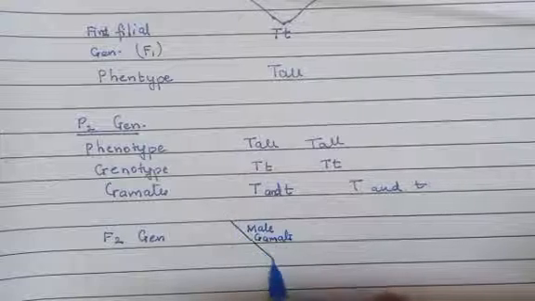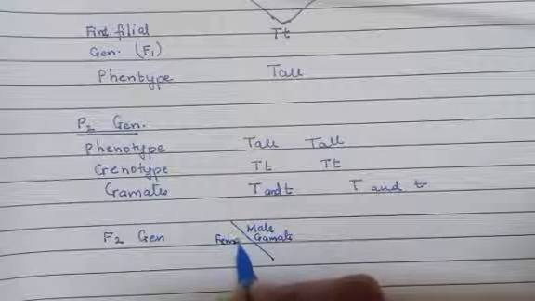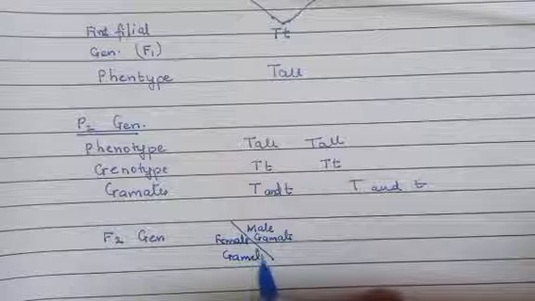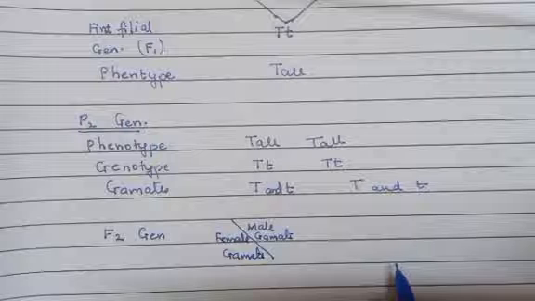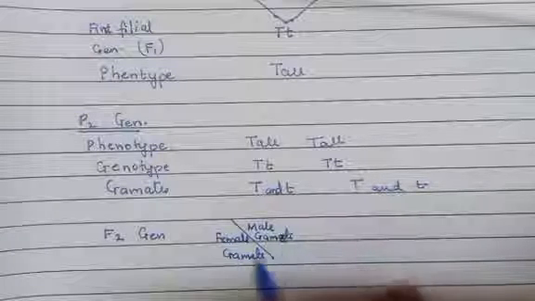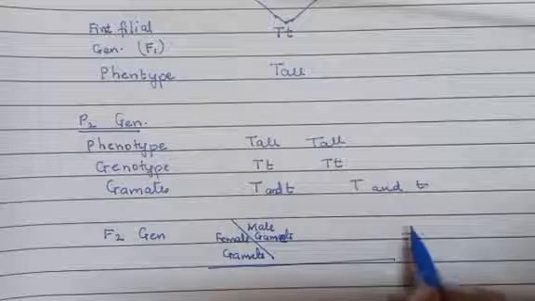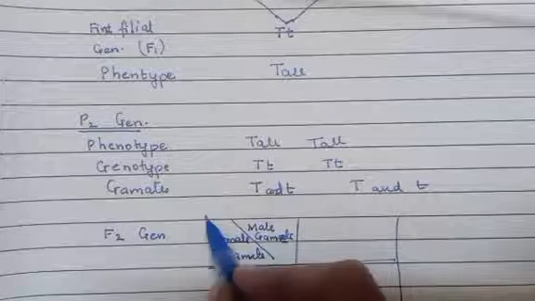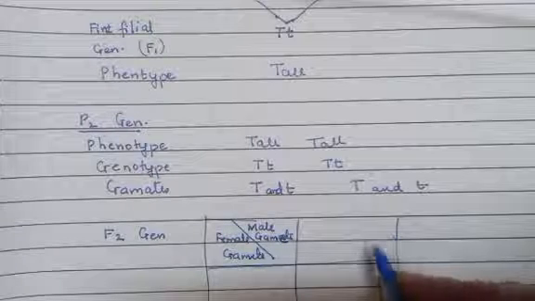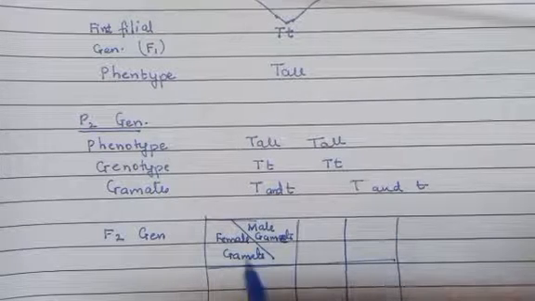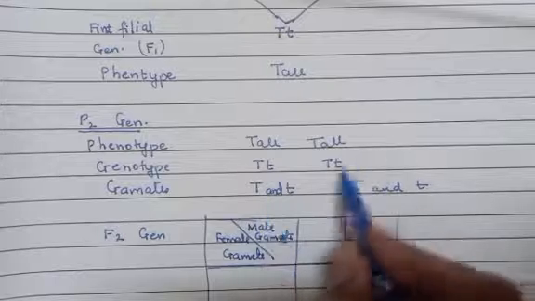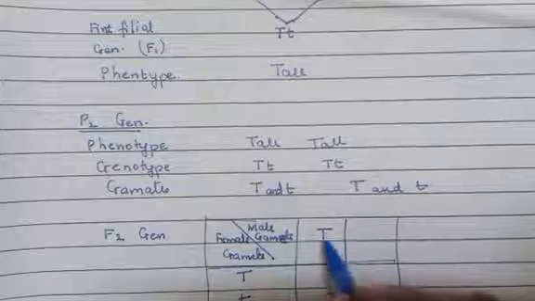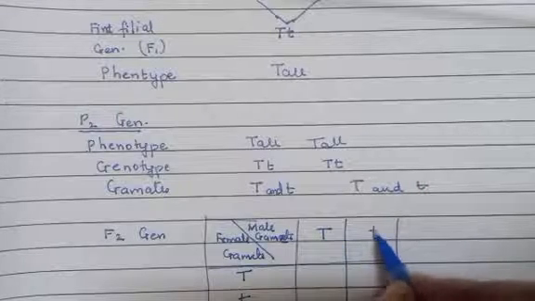And the other one we are going to take as female gamete. Male gametes and female gametes. Okay, so now we'll have to draw a small table for this. Our female gametes, if I consider this one as female, I know there are T and T. Male gametes also T and T only, small letter t.